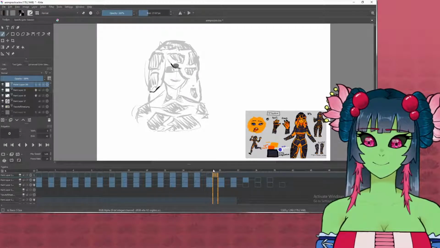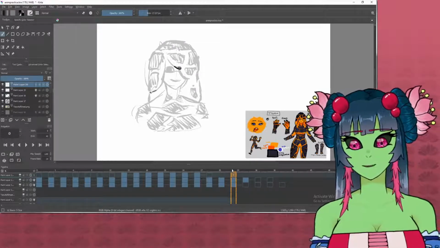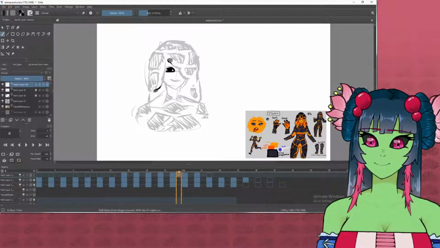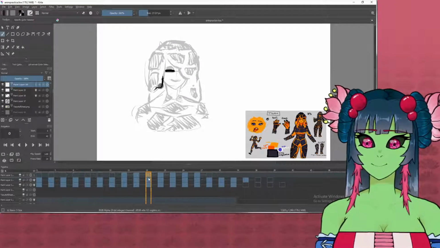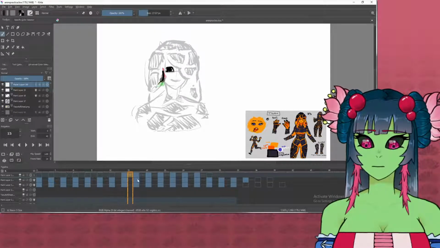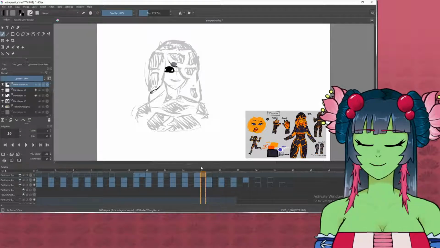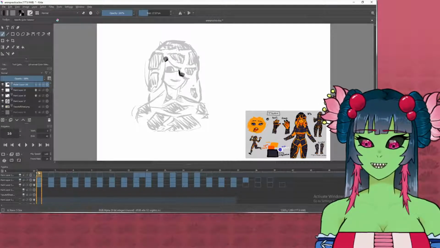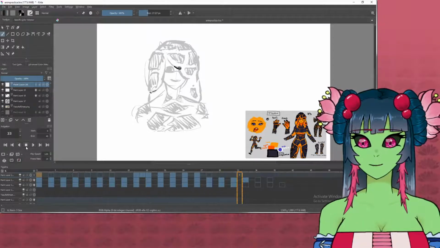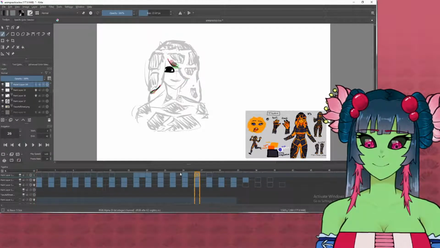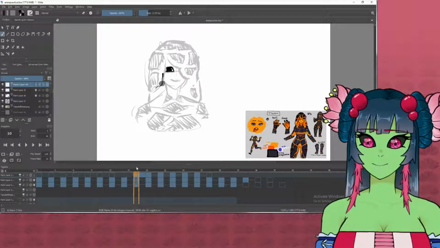So I'll make her drip a bit. So she drips a bit and she blinks. So I think what I should do is move these ones close together. So she closes her eyes really fast, and then she slowly opens it. Yeah, something like that. And then if I want to change the gloopiness a bit,